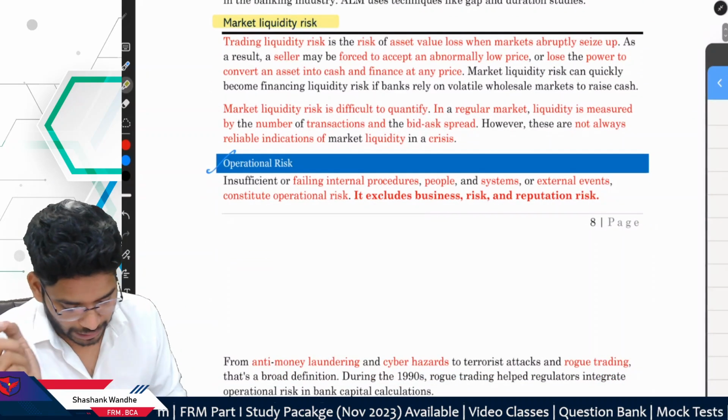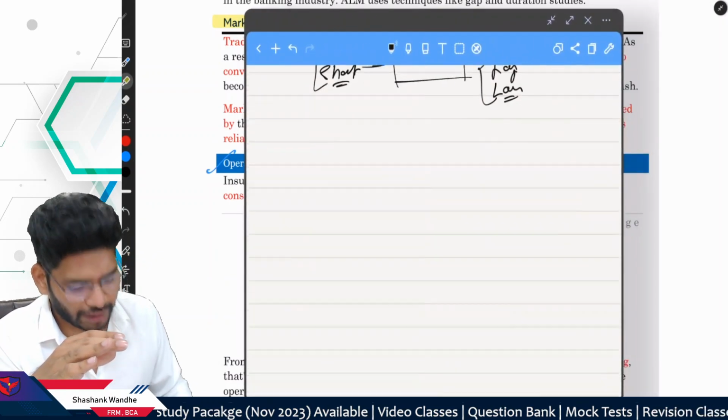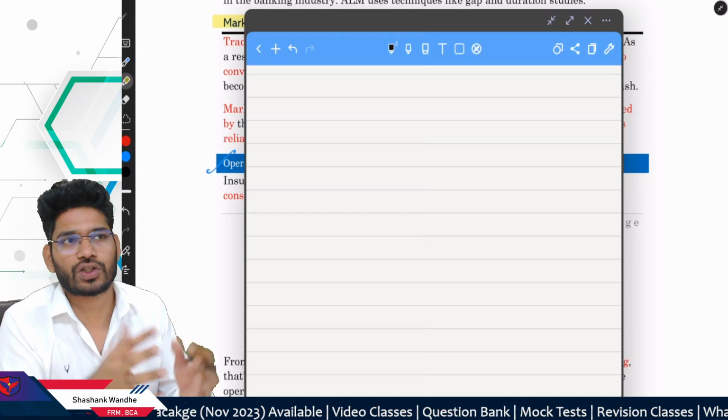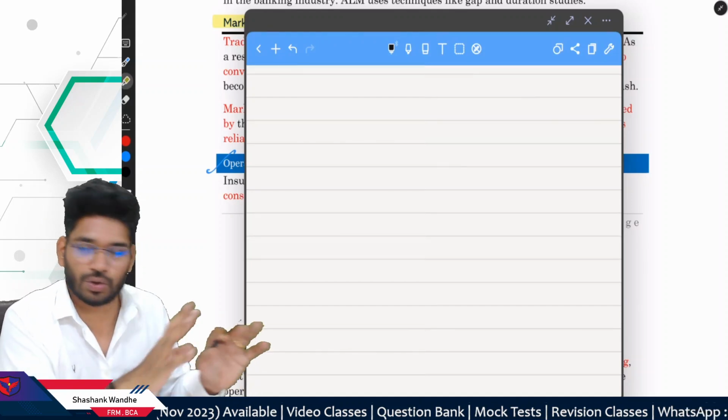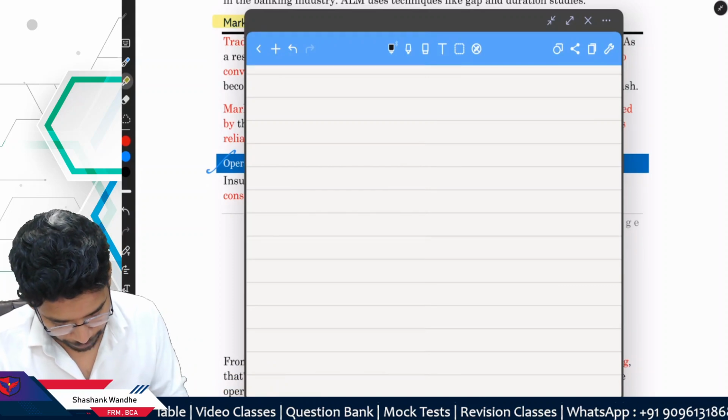Then we have market liquidity. Now market liquidity is slightly different. Funding liquidity relates to funds. Okay, you are unable to borrow funds. You don't currently have cash, and you are also unable to borrow funds. This is funding liquidity. Market liquidity means